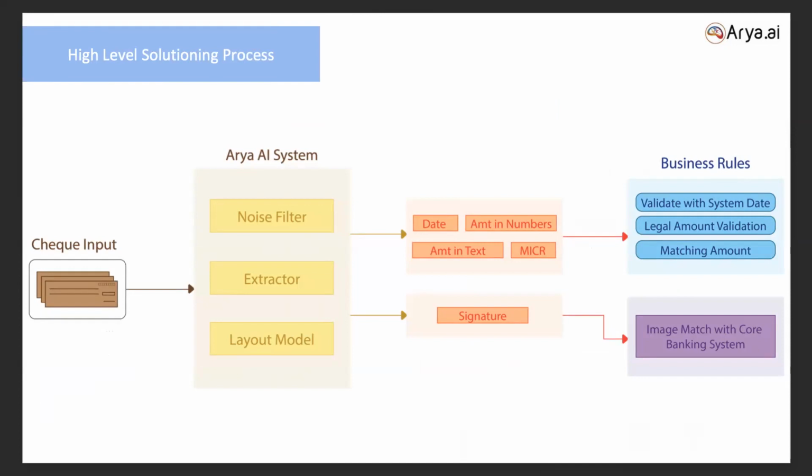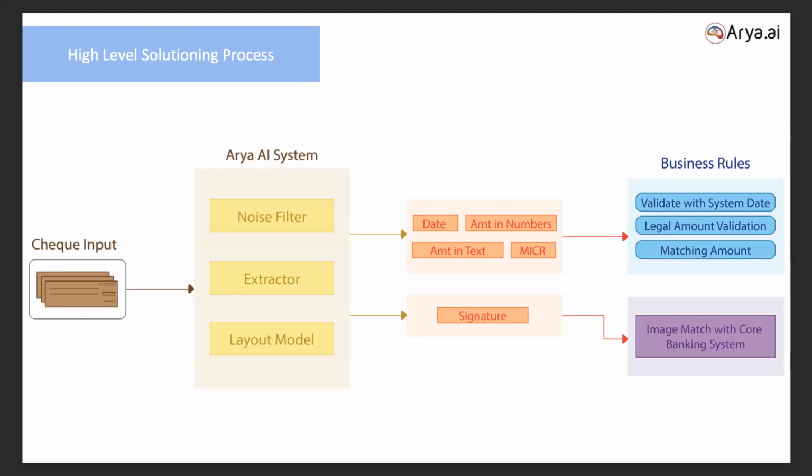One is about removing the noise filter. There are lots of stamps and unwanted information, and in the scanning process too there might be a lot of noise. That's where we have to remove the noise and then enhance the particular six parameters we are discussing, to extract the information out of it. That's the enhancing or denoising part, and then taking snippets of each and every parameter. So overall there are six particular things, and we segregate them to different models.